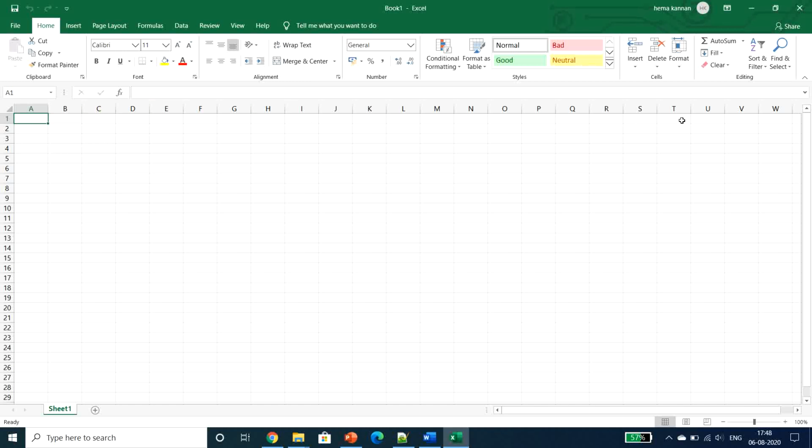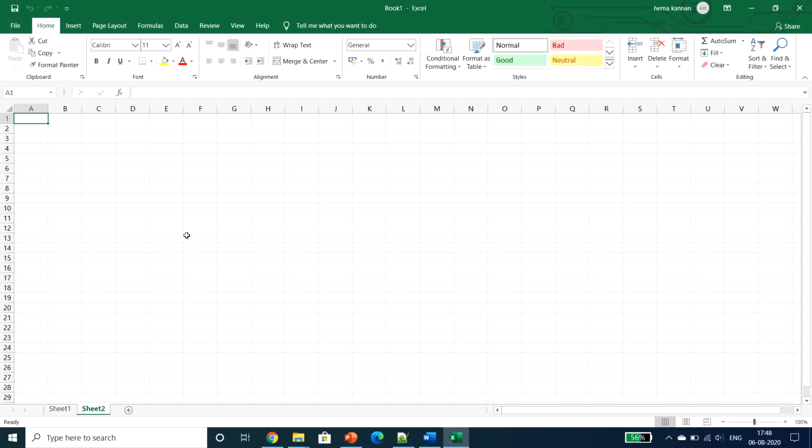So this is the actual work area in Microsoft Excel. Each and everything is considered as a cell. For example, this I highlighted, this is a cell. The group of cells forms a worksheet. This is sheet number 1. By default we have a sheet 1. We can include a new sheet by clicking on this plus icon. Once we click this plus icon, I have given sheet number 2.